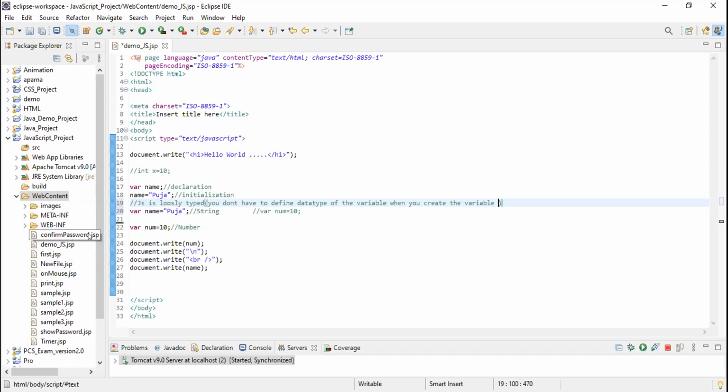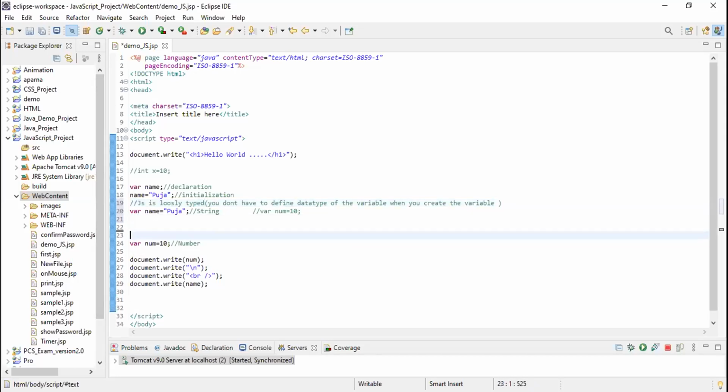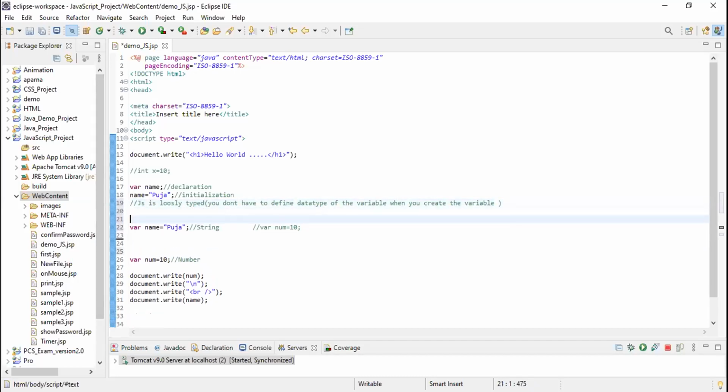And why is it called dynamically typed? Anyone? No, ma'am. Don't know. No idea, ma'am. Try it. Why is it called dynamically typed?